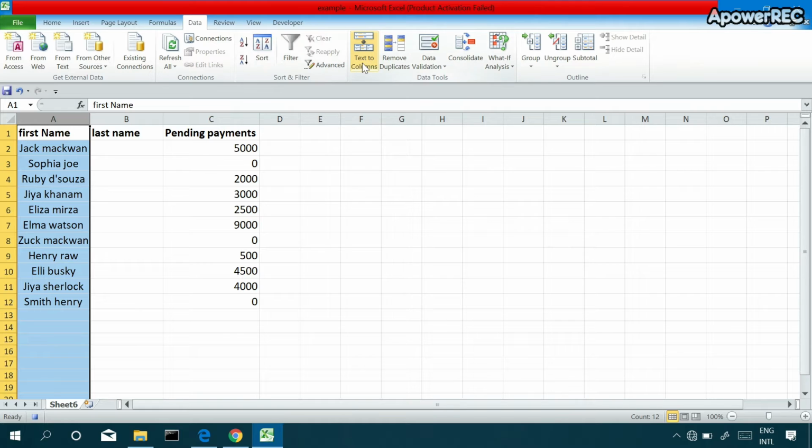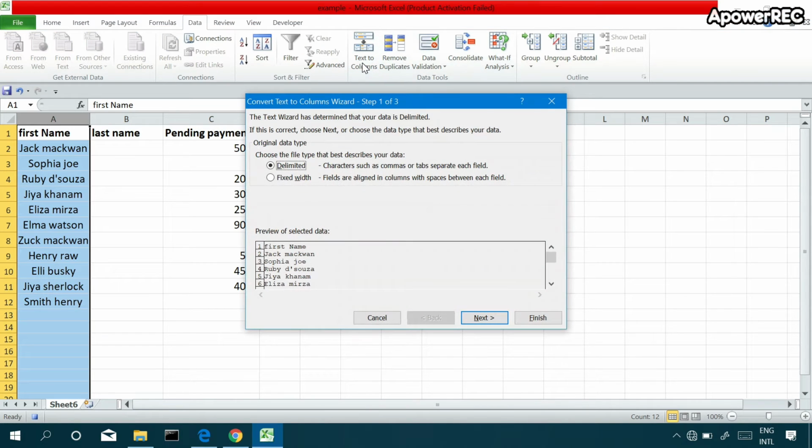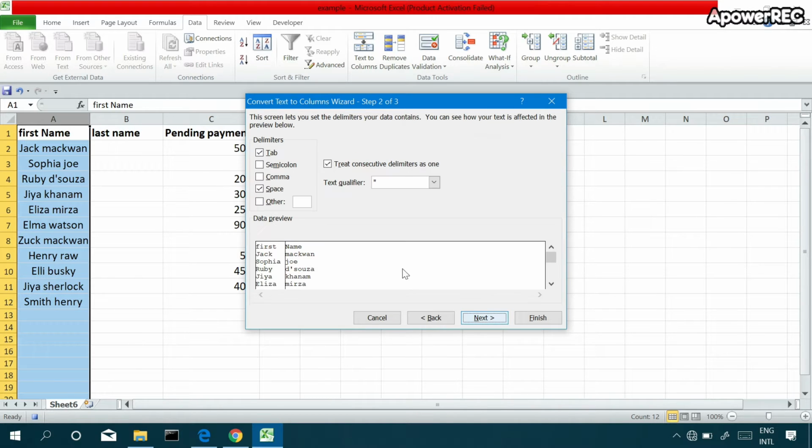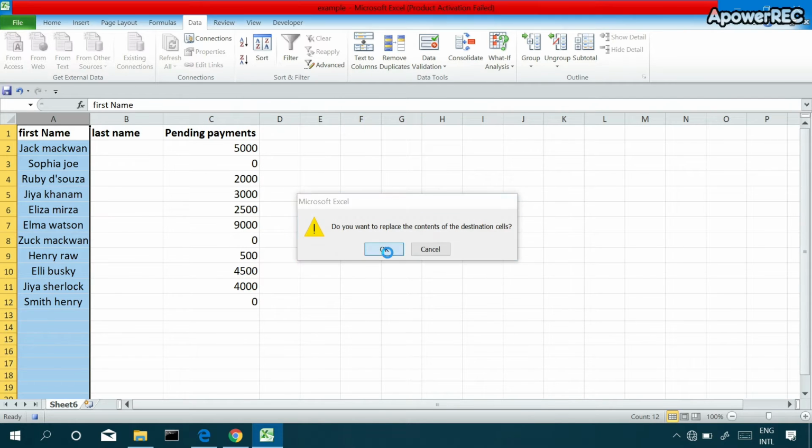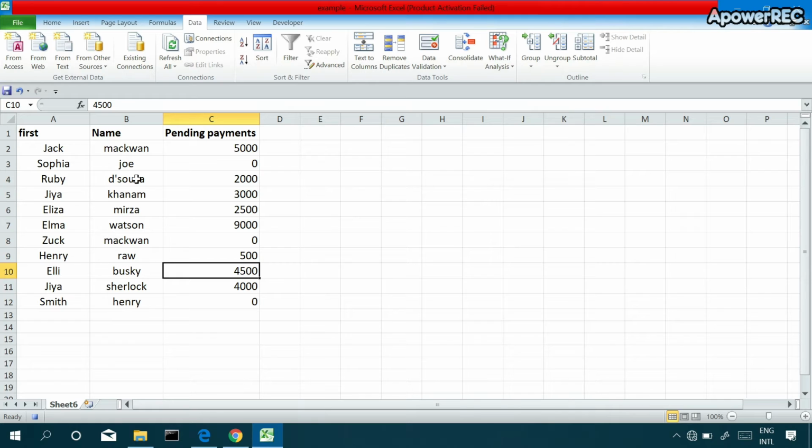There is an option called text to columns. Just click on it and you can see delimited is selected by default, and just click on next. We want to separate the names by a space, so click on that. Next, finish. You can see my names are separated like this.